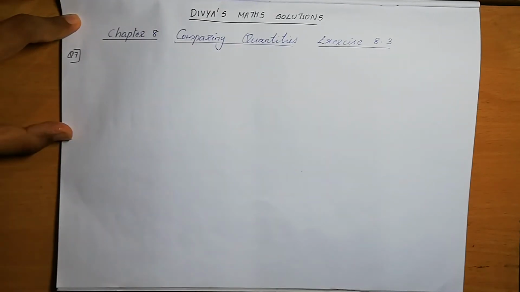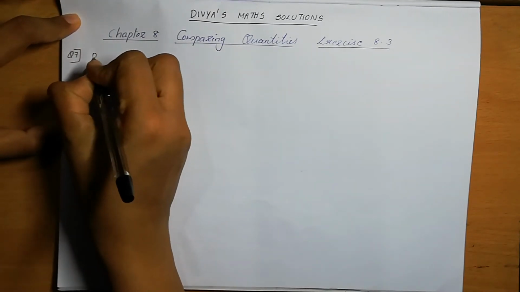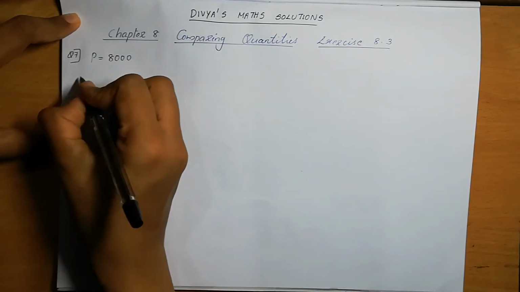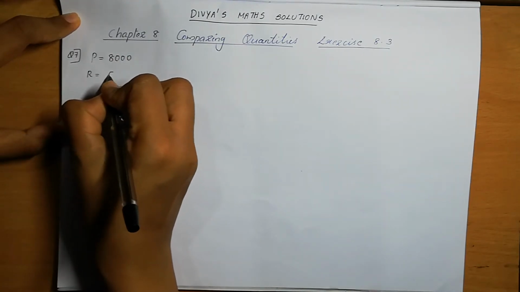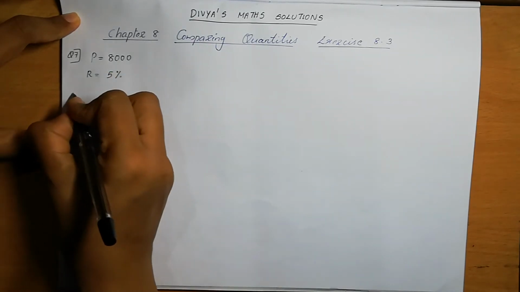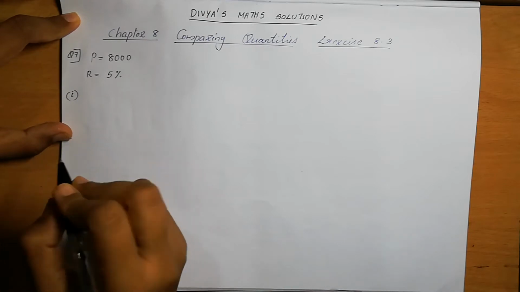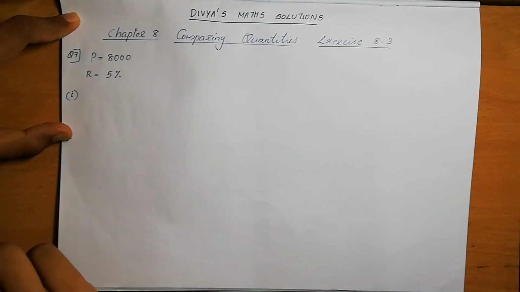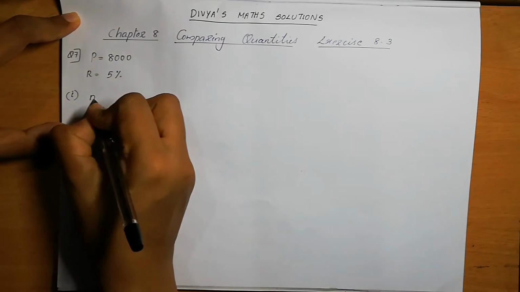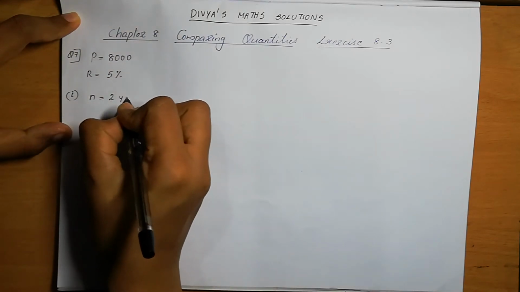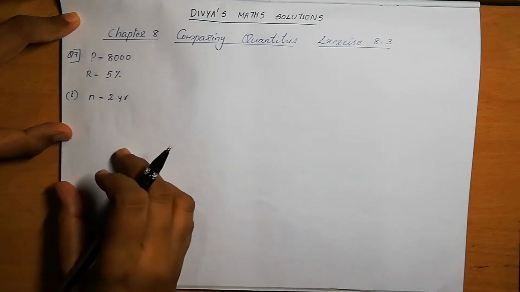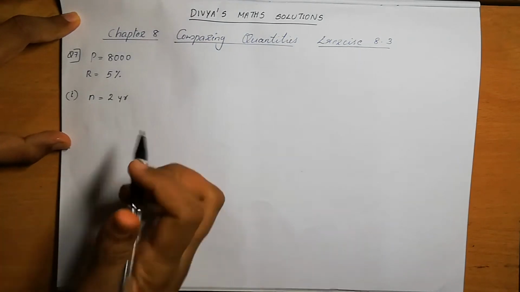So we can write the principal amount is 8,000 and rate of interest is 5%. This is per annum only. The first part is the amount credited against her name at the end of the second year. So what is the term over here? Term is 2 years. Correct. The N is 2 years. So using this, what we need to find? The amount credited to her name at the end of the second year.